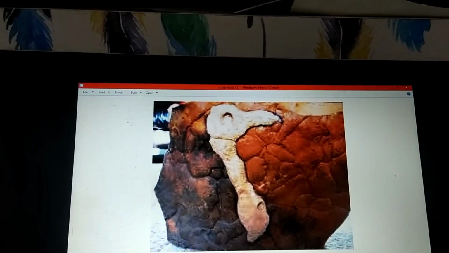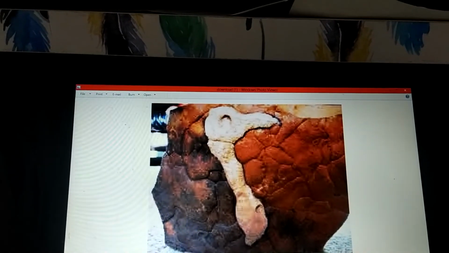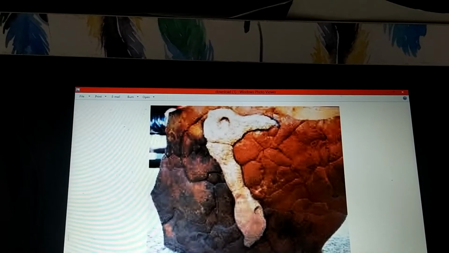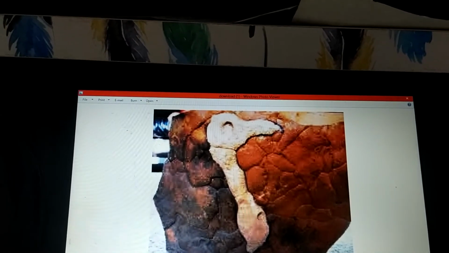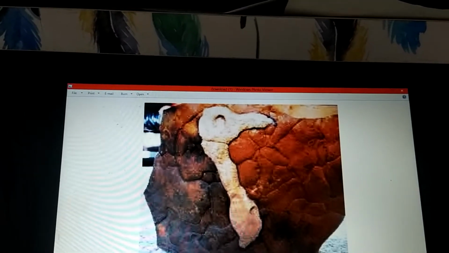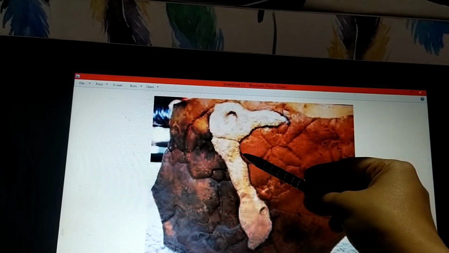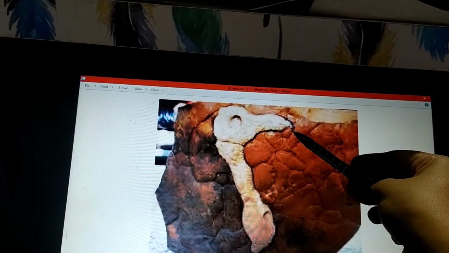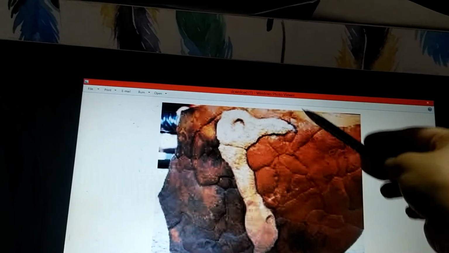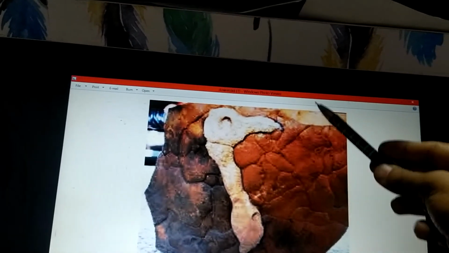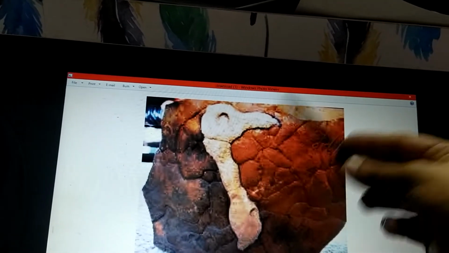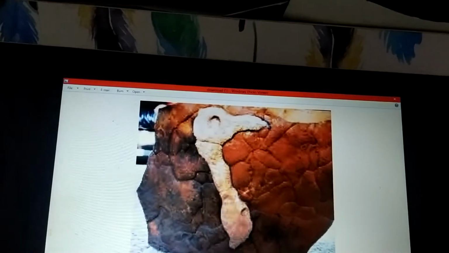What is the exact definition of a pseudofossil? Sometimes inorganic rocks that appear to be a fossil are actually mineral deposition. On this rock, minerals will be deposited, and these mineral depositions are going to take the shape of some bird or animal or a plant. We are going to mistake them for a fossil. That's the reason these are called pseudofossils.